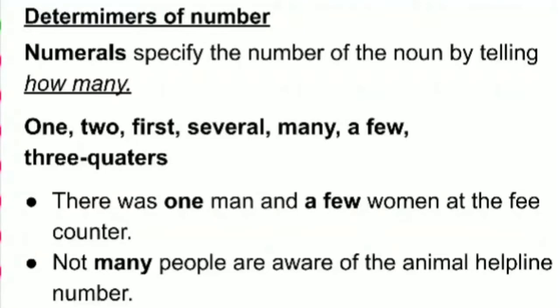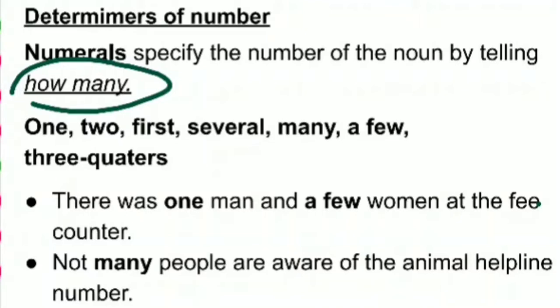Quantifying determiners, as the name suggests, tell about the quantity, about how much or how many in number the noun is present. Now quantifying determiners are further divided into two. The first one is determiners of number. As the name suggests, number, it shows the numeral. It specifies the number of the noun by telling how many of the noun are present, like 1, 2,